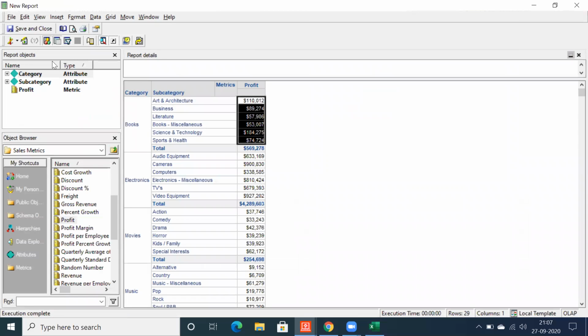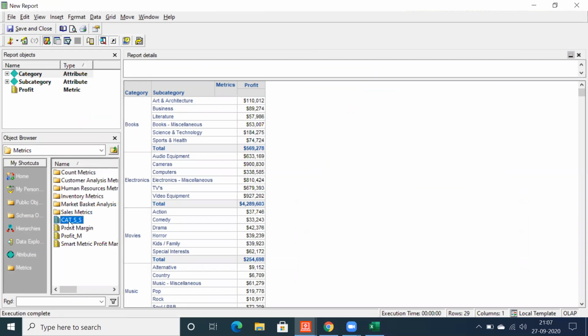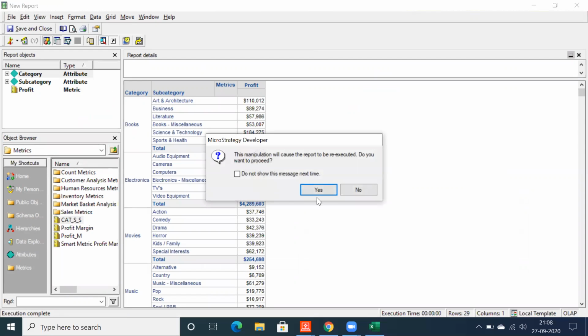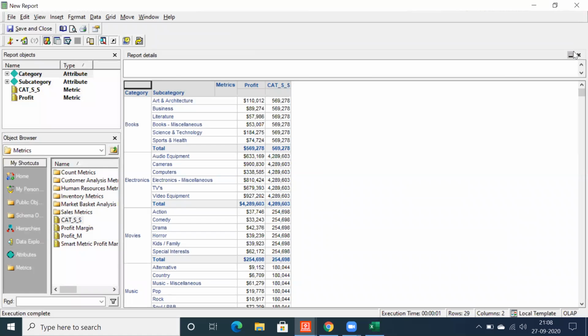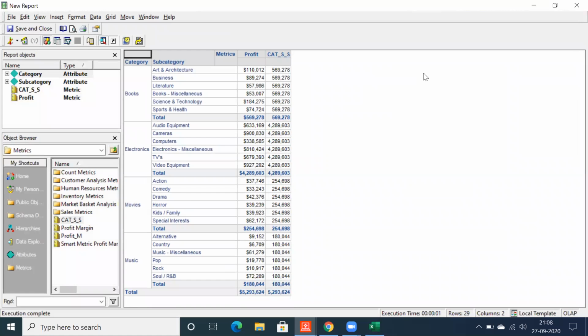So I just created a level metric. Let's go back to metric, sorry. And we have category standard standard. Double click. So now when you look into the data first, we are getting the data